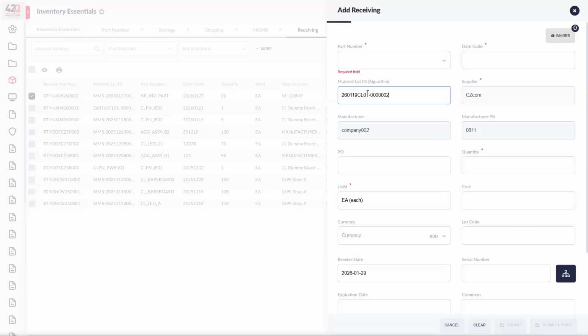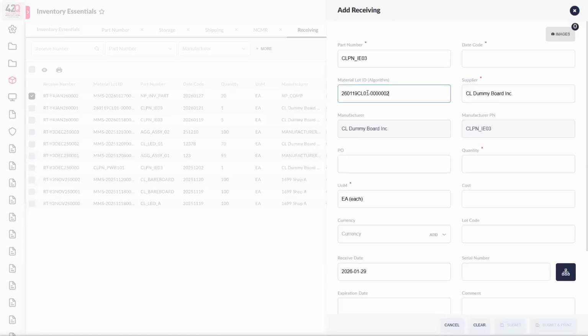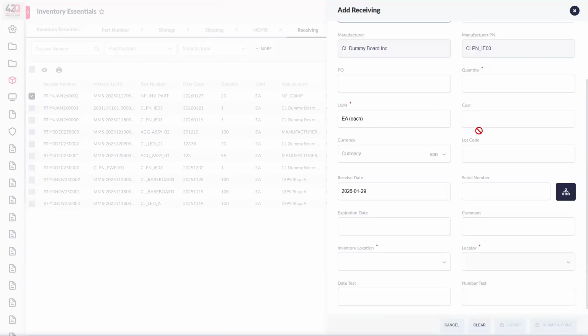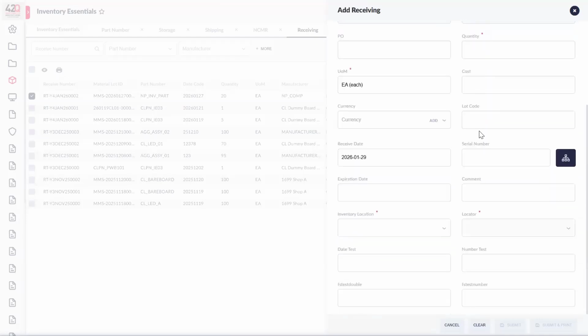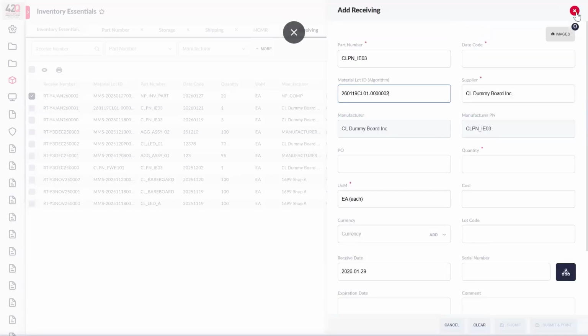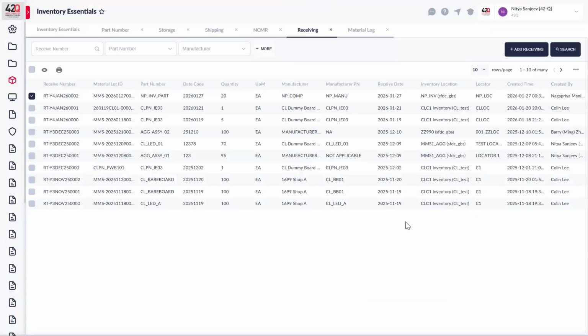So now when I click on it, you can see that the part number will auto-populate, the manufacturer, the supplier, everything will be auto-populated, and you can go ahead and submit this. So this is how the new feature works. This is basically to manually input an already existing material lot ID and verify if it has passed inspection. This will sort of allow users to create a serial number in advance in order to complete the inspection process